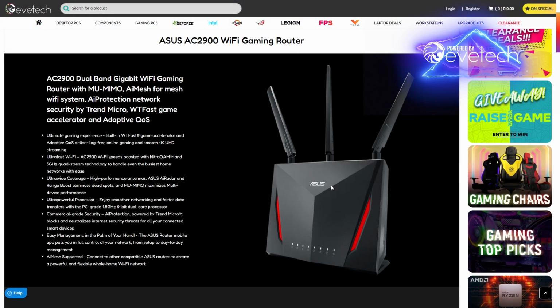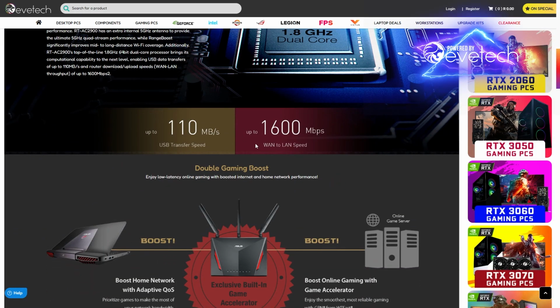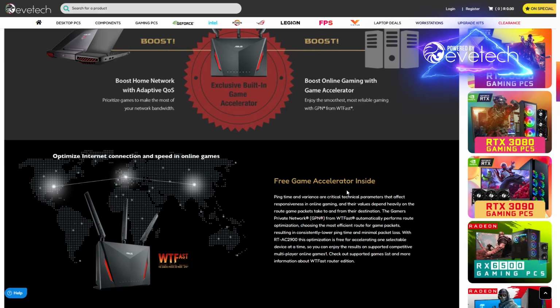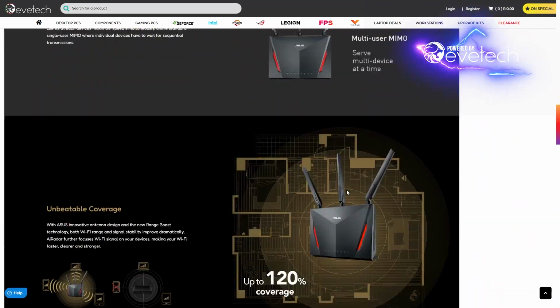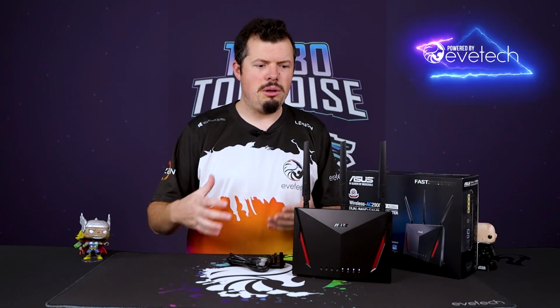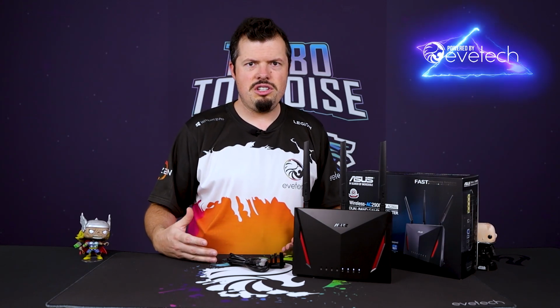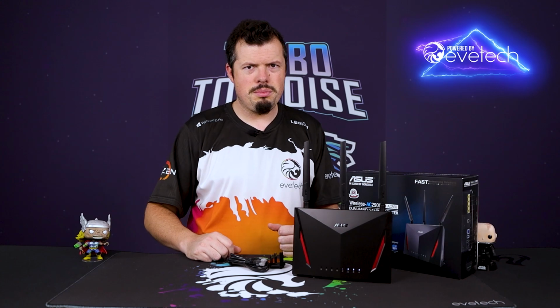I don't know what they're selling over at the ISPs, but I guarantee you it's not going to be as easy to use as this. It's not going to come with a 3-year warranty like this does, and it's not going to have convenient functions like quick on your phone at the tap. You don't have to get a PC or a laptop to modify this. It's not going to have game boost. It's not going to come with free WTFast. It's not going to get any of these add-ons that you do get from buying an ASUS product,